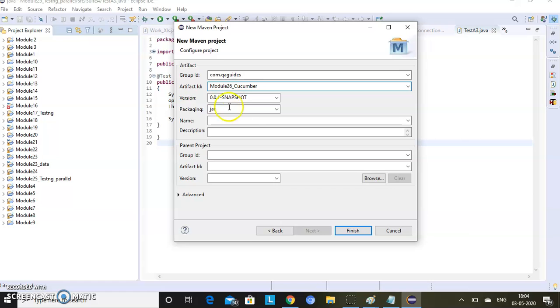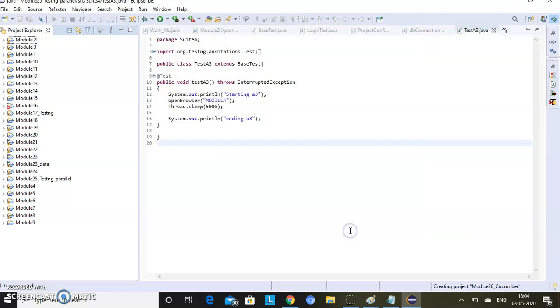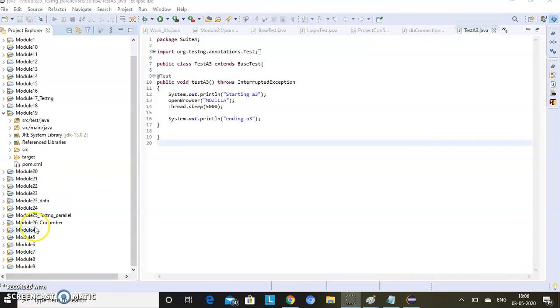Finish. Let it create. See, it is creating and importing the things. So my new Cucumber project is created.